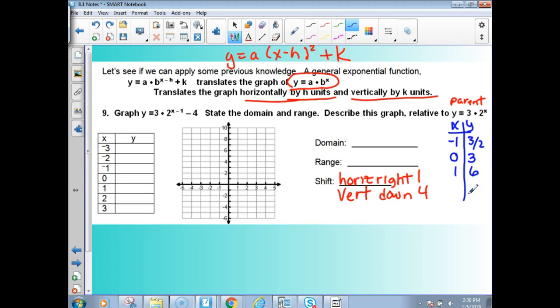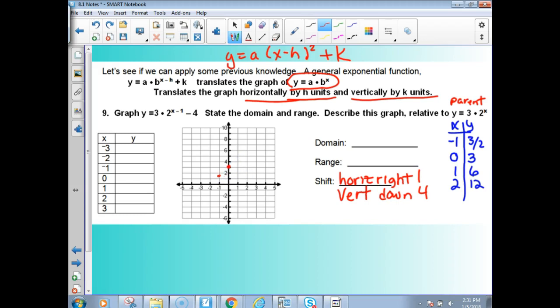Now, I just got 3 nice points. And the next one's kind of big, so if I put in 2, I'd have 3 times 4, which is 12. All right, my point was, this is how I could get that parent graph graphed. So I'm going to graph it right now, and then I'm going to dash it because it's not the answer that I actually want in this picture. So negative 1, 1.5,